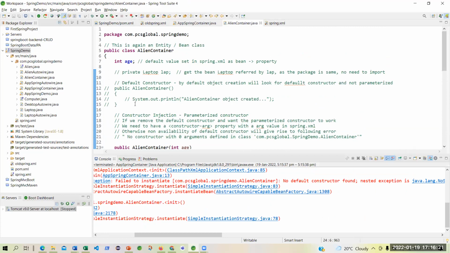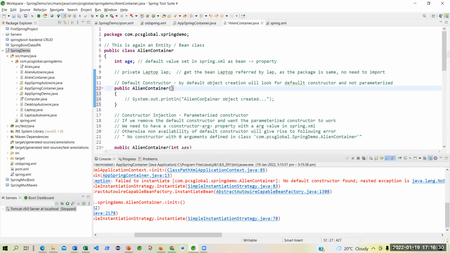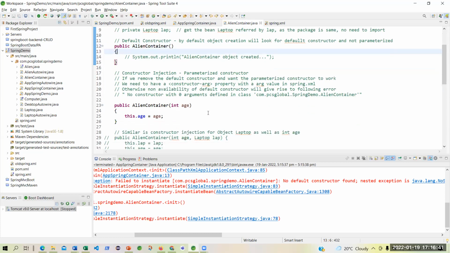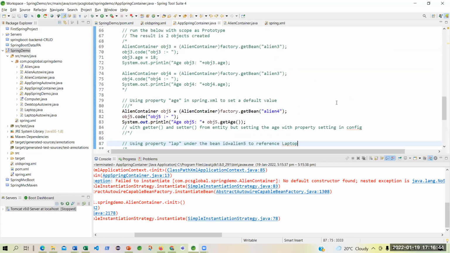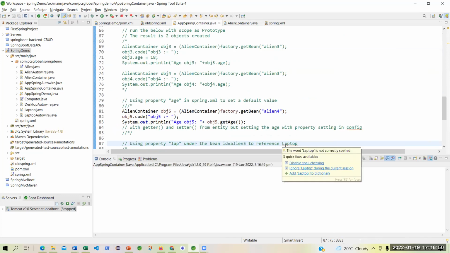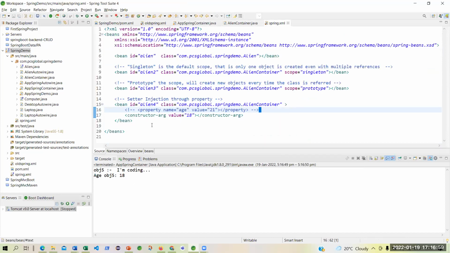Okay, that is very important to understand for you. That constructor might be empty and without any parameter. It has to be without any parameter because default constructor cannot be with any parameter. But at least I have to have a default constructor. Now you see, if I run it, it will be back to correct. It is correct.